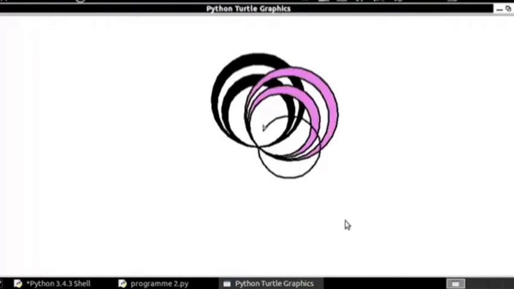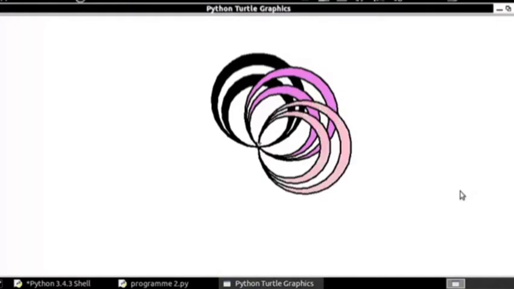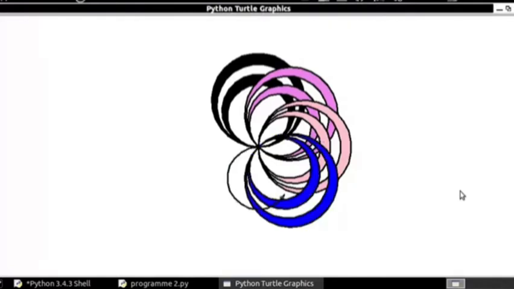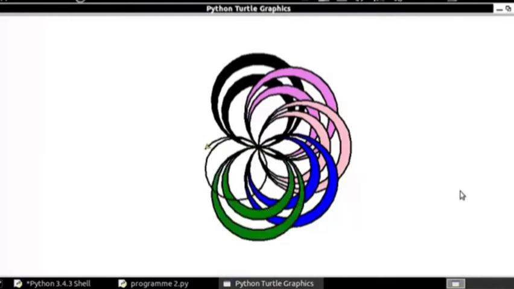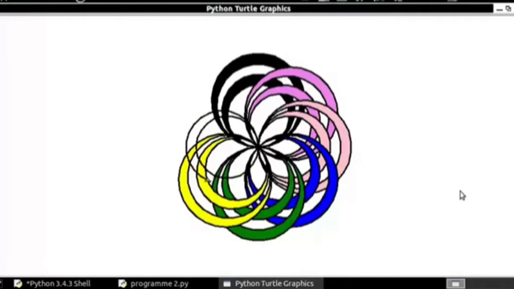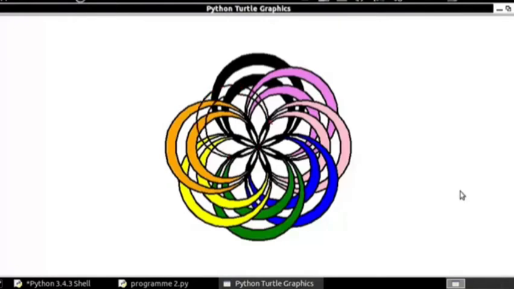Similarly, we can draw many patterns like this. Okay, observe the pattern. The circles are drawn with the mentioned colors. We can make some modification in this picture.